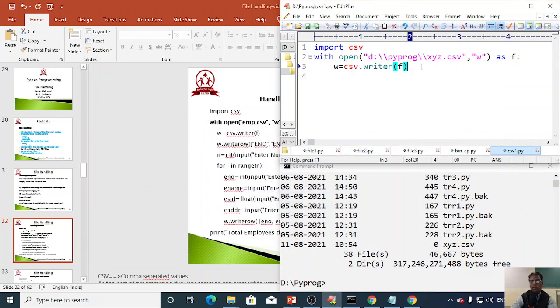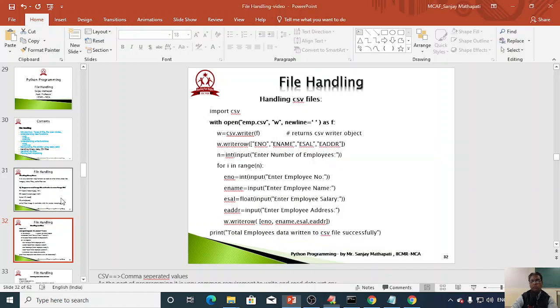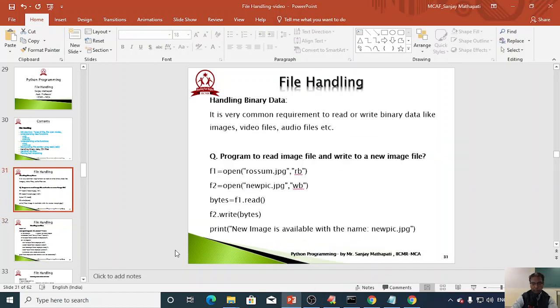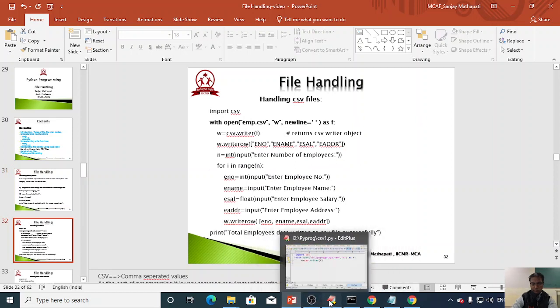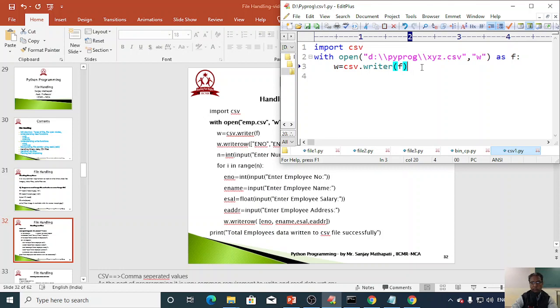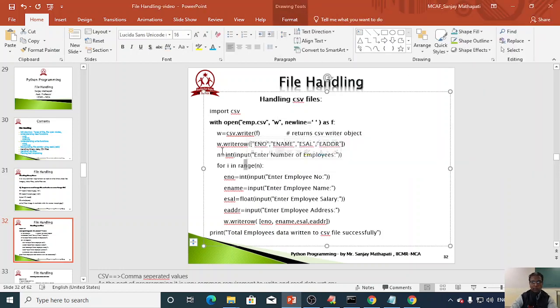Simple one. Just for writing, I'll take the contents from here only. I will not waste time typing.